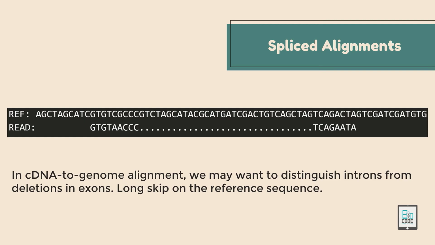There is another type, spliced alignments. Spliced alignments are used when you are utilizing cDNA to genome alignment, where we may have to distinguish introns from exons, and in this scenario, skipping is utilized, which basically means that this is the skipping. Only those regions are put forward that are exonic or intronic in some cases, and they are shown, okay, this is the region that is actually aligned, and I have skipped this part.